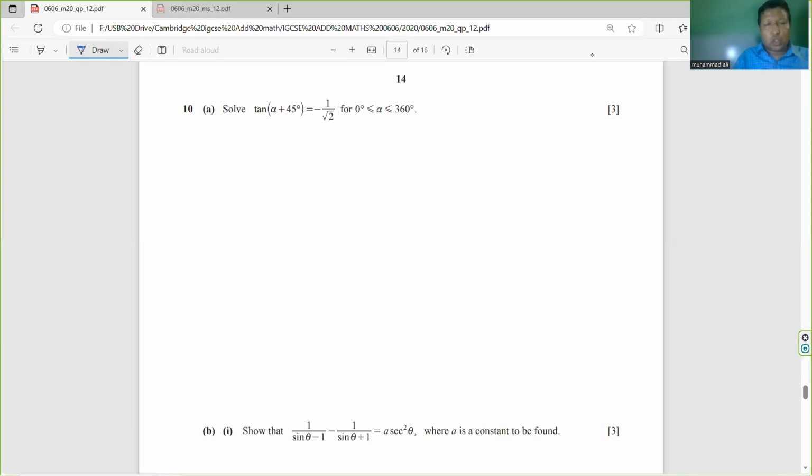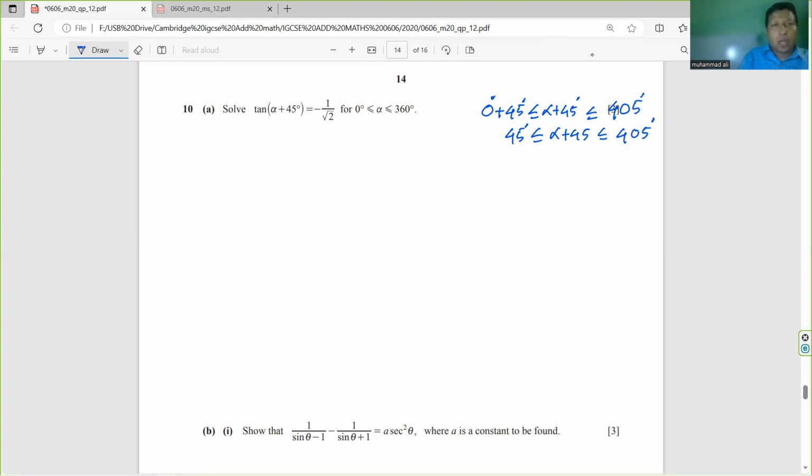Question number 10: solve tan(alpha plus 45 degrees) equals minus 1 by root 2 for 0 degrees less than or equal to alpha less than or equal to 360 degrees. At first, we have to rearrange this interval. If we add 45 degrees, alpha plus 45 degrees, and 360 degrees plus 45 degrees is 405 degrees, so our interval will be 45 degrees less than or equal to alpha plus 45 degrees less than or equal to